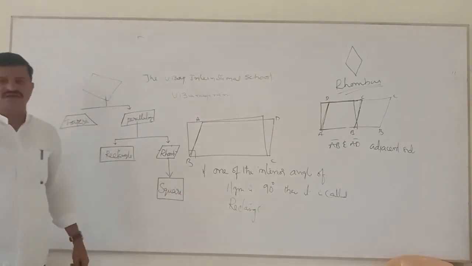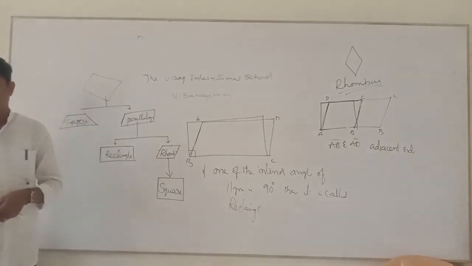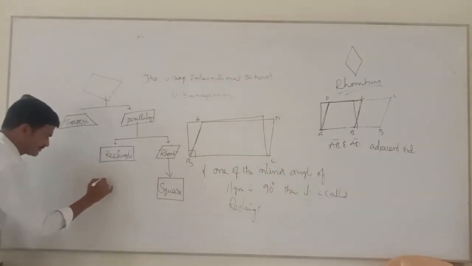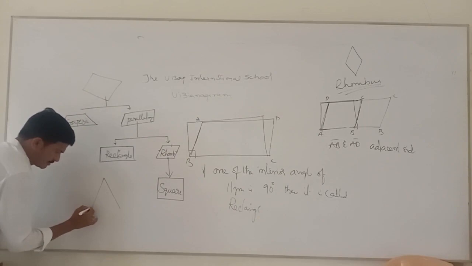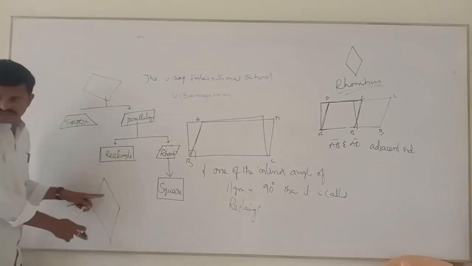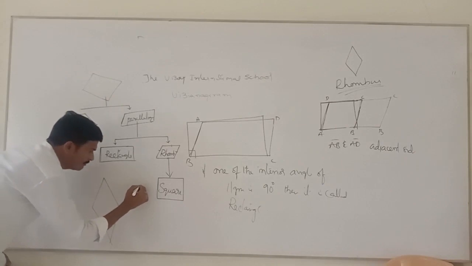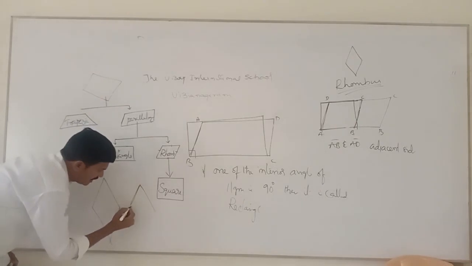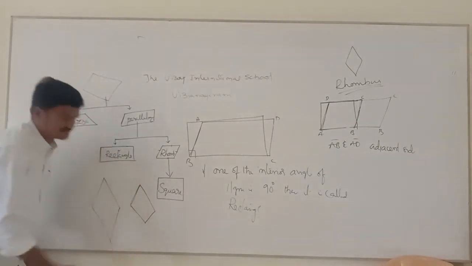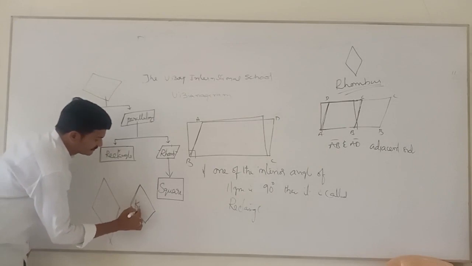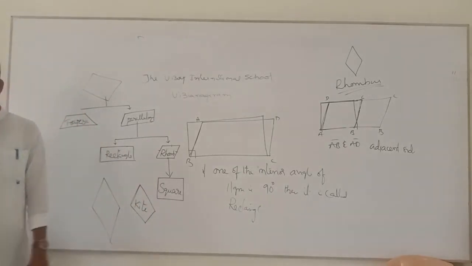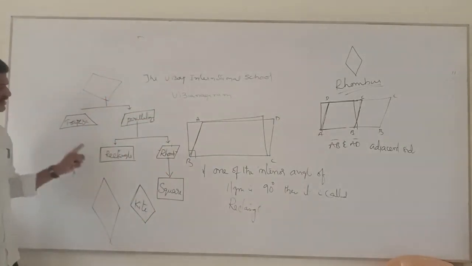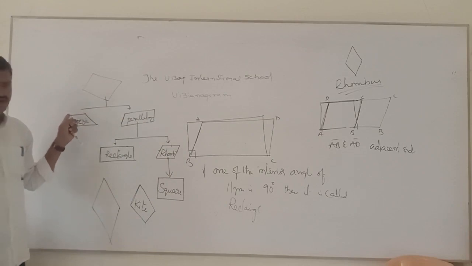And one more thing is there. Another one, kite, is there. What is that? Kite. This is the rhombus, na? See children. This is a rhombus. All sides are equal. But one pair of sides are equal and the other pair is different. Like this it came, then it is called a kite. This shape is called a kite. It is generally not considered a geometrical part. Okay, but these are the main kinds of quadrilaterals. Are you clear or not?